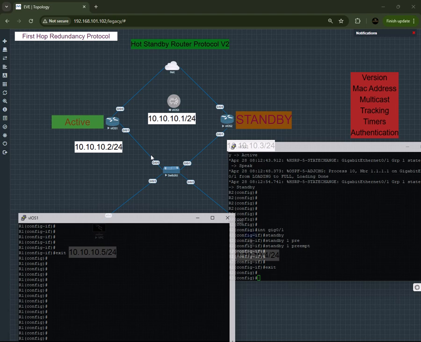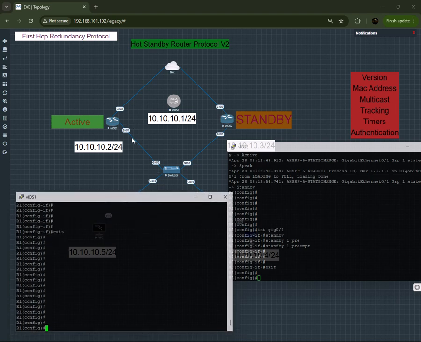The packet will be sent from this client, and it will take the correct route based on the virtual router or the physical interface. But from here it will be dropped because we won't be able to ping that. So what do we do then? We will have to configure something called tracking